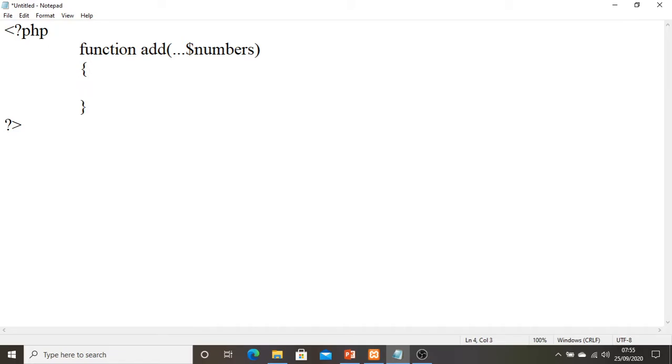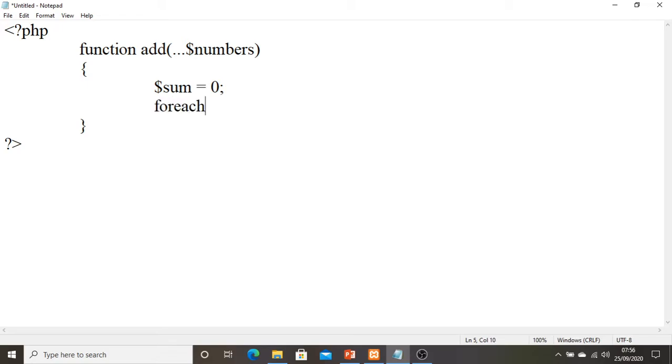Next, in this I am going to start adding the numbers. I am using the function add to add the numbers. To add the numbers I need to store the result, either as a result or a sum. So I will use one variable called sum and initialize it to 0 as the earlier position. Then I will use a foreach loop.